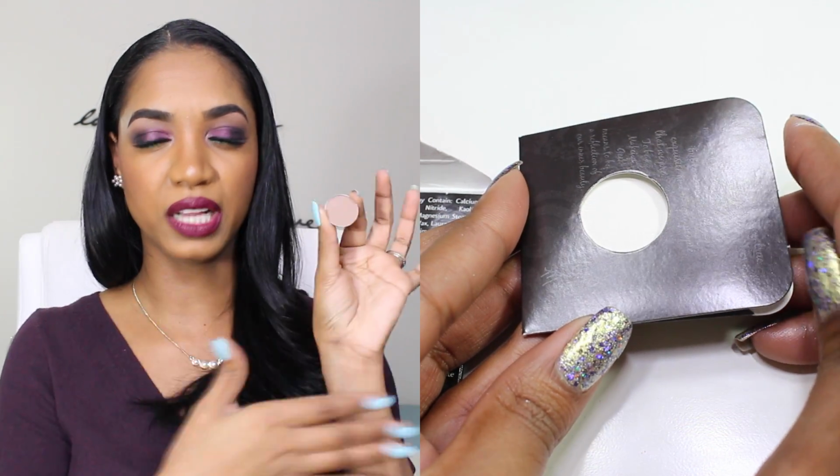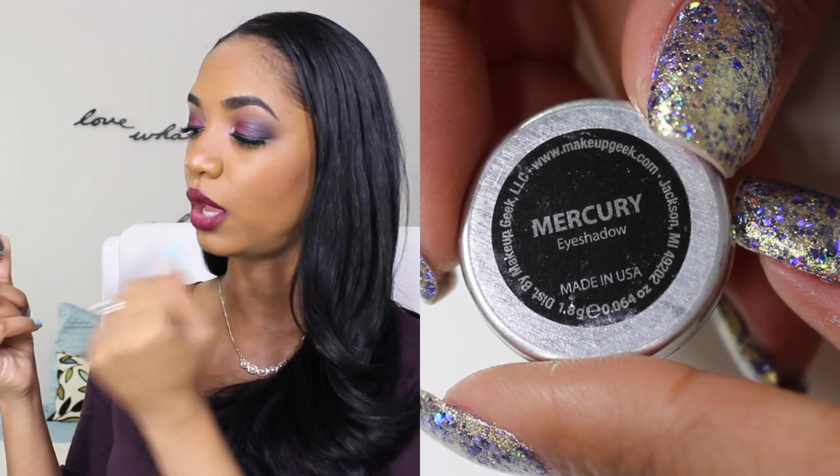They package really well in bubble wrap, so when they come to you, they're not going to be smashed. I haven't had any smashed, but because they're not really super padded or super protected, be mindful that you might get damaged products, but I'm sure they'll replace it. Anyway, the eyeshadows come in little pans like this,